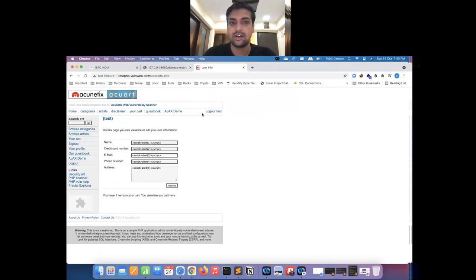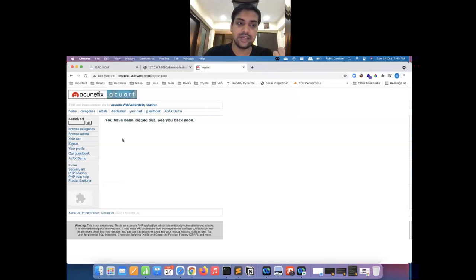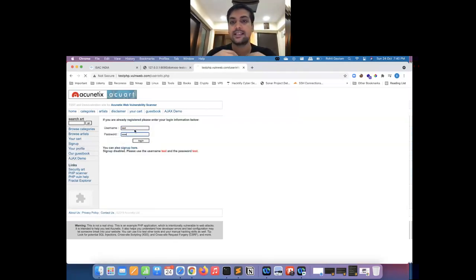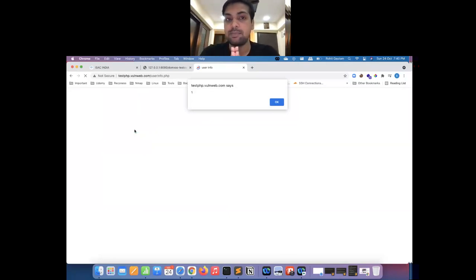All right, let's log out. Let's again go to your profile. Let's log in into the application, and you guys can see when I log in into the application, something happened. What has happened over here? My JavaScript payload, which was stored into the web server, was fetched and executed. Hence, we are able to see alert over here. So this is basically JavaScript execution that has been done. Hence, we can confirm we have identified stored XSS.